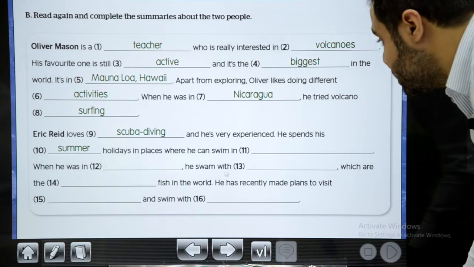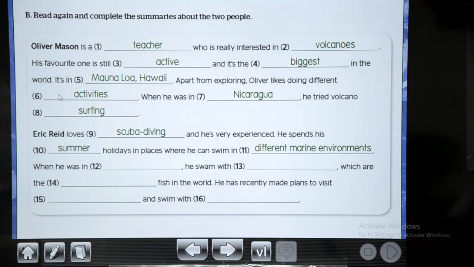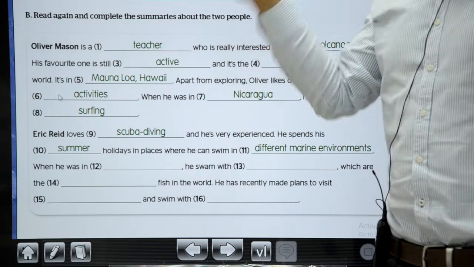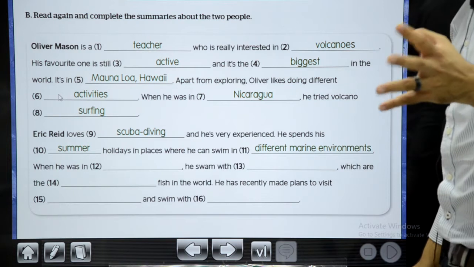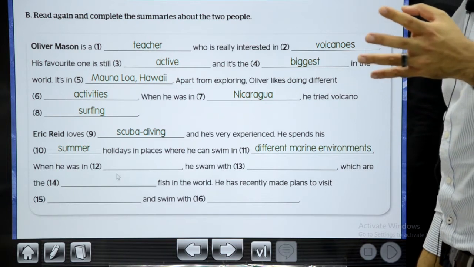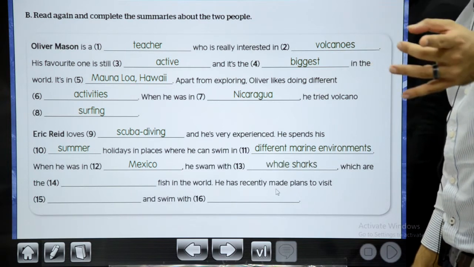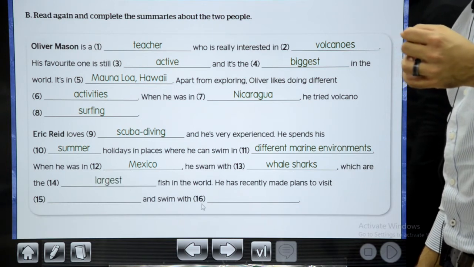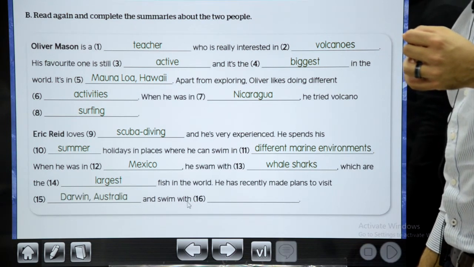He spends his holidays in places where he can swim. His summer holidays, and he can swim in the what? Different marine environments. Marine here means related to sea. Environment related to sea, around the sea. When he was in Mexico, he swam with whale sharks, which are the largest fish in the world. He has recently made plans to visit Darwin, Australia, and swim with